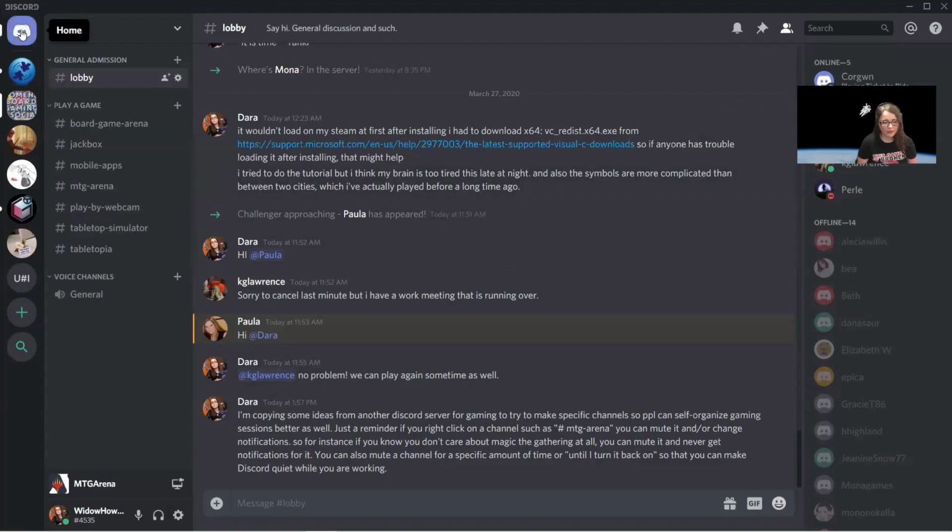To the very left, you will have your home button. This is how you can access where your friends list is. Underneath that, if this is your first time joining Discord, you'll probably just see the Women's Board Gaming Social, but as you can see, you can be a member of various different servers. The server is basically a home for all of its members to have different chats, like sub-chats.